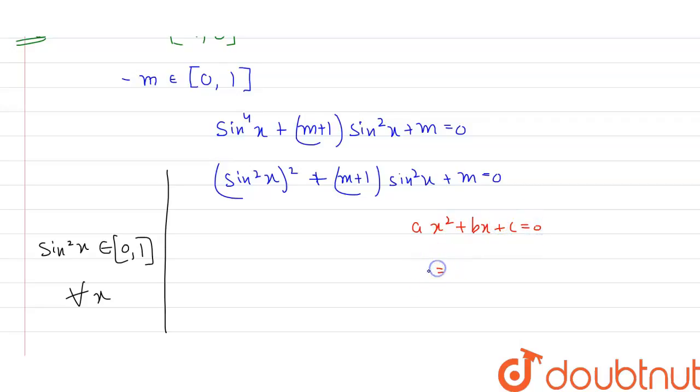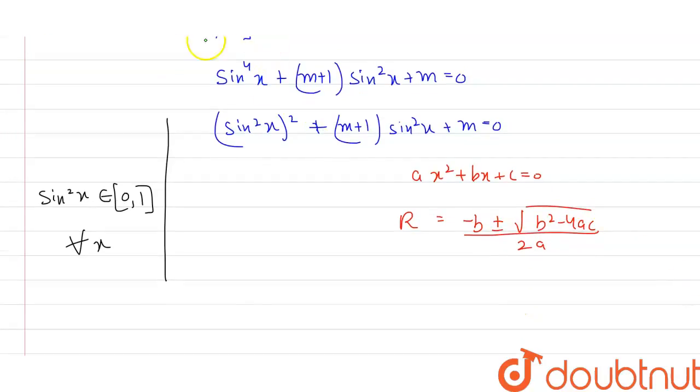its roots will be x = (-b ± sqrt(b^2 - 4ac)) / 2a. So here, sin^2 x equals minus b, where b is the coefficient of this term, which is m+1, so -(m+1), plus or minus the square root of b^2, which is (m+1)^2,